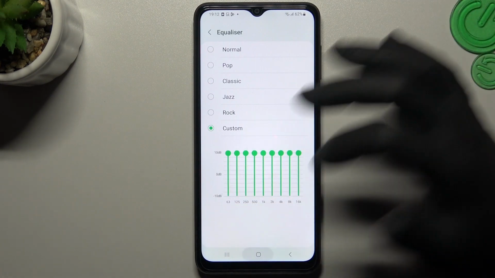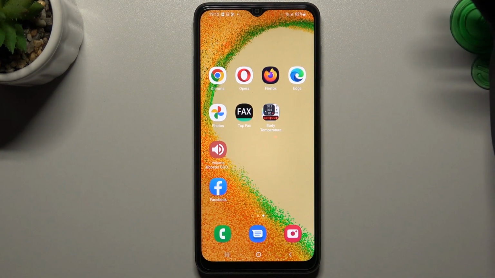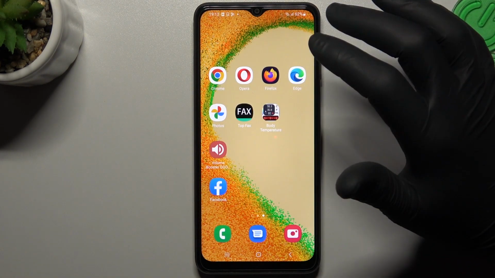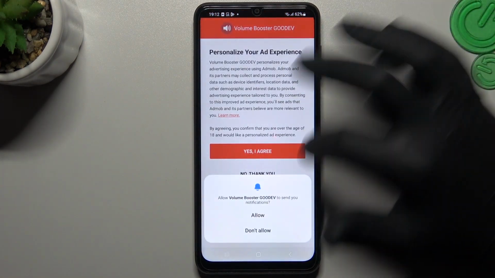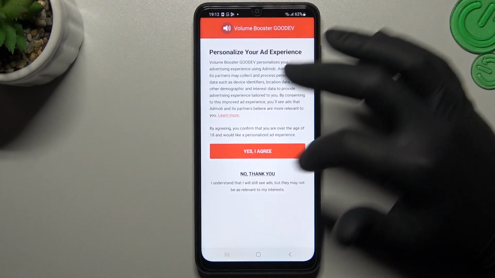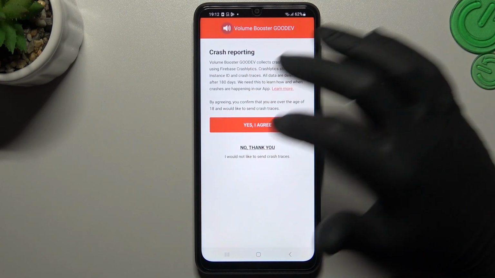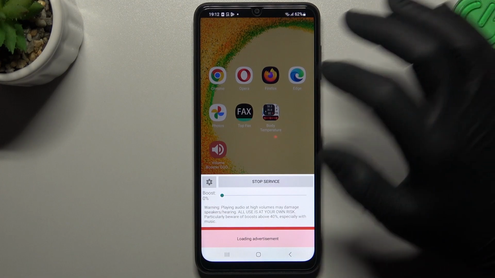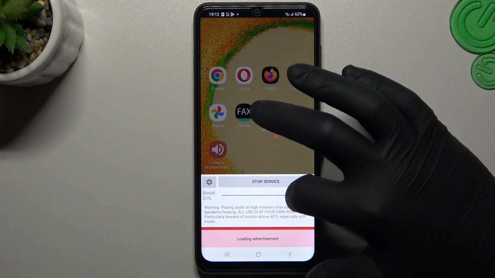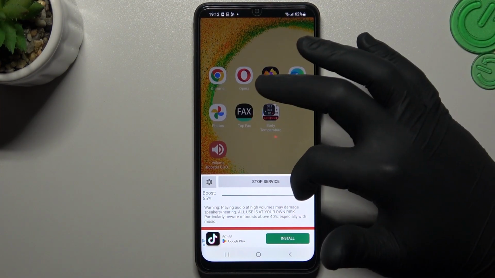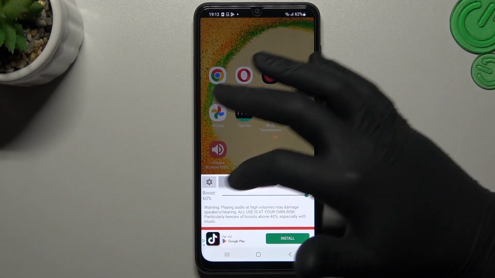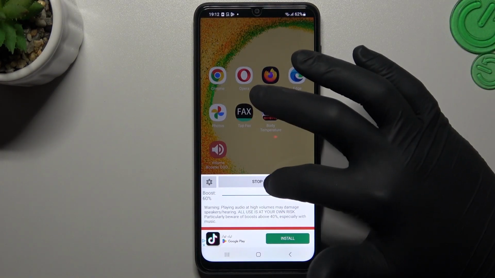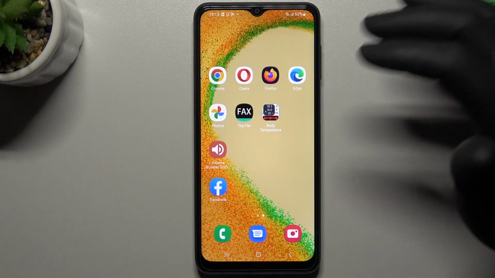And that's it. But if that way is not enough for you, you can also try to download a volume speaker booster app. So there is a name of this app. Now just tap 3 times no thank you and close this window. Now just tap on OK, and how you can see by this little slider you can increase or decrease the boost volume power. If you want to stop the service, tap on this button, of course, click OK, and that's